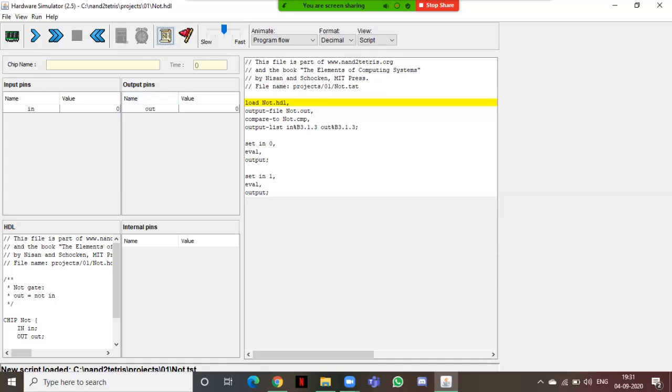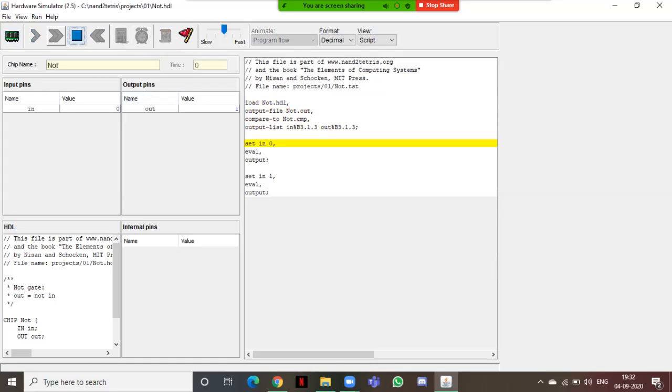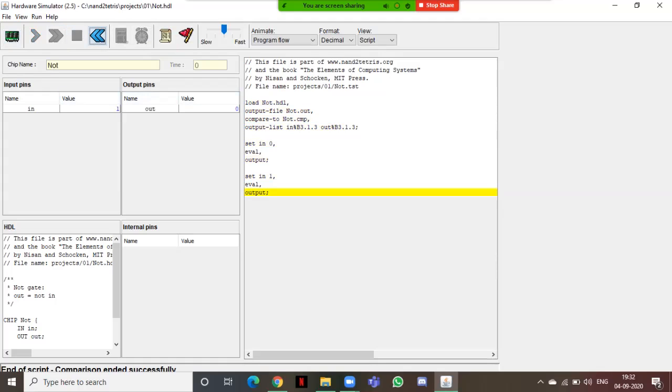I have loaded my HDL program from the chip loading, and I have loaded my script. Now let's perform. See, it's moving down, and I also forgot to tell you that the values will keep changing as we execute a program. Let's perform it once again.